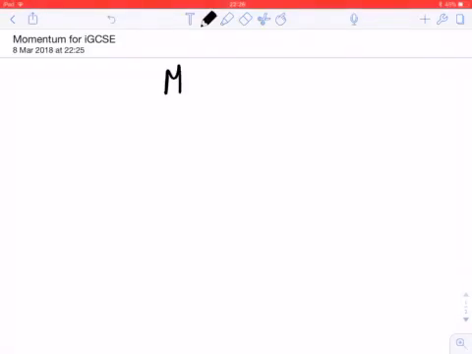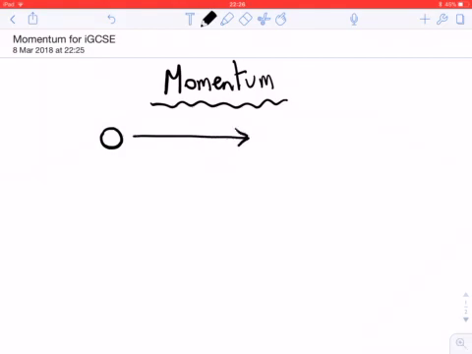Okay, so we're going to have a think about the concept of momentum. Now, the idea of momentum in physics is quite close to its ordinary sense. Momentum is a measure of the hitting power, if you like, of an object. So consider two cases. Let's imagine a tennis ball, which is not particularly heavy, but travelling really, really quickly towards you, and you're over here, wondering what it's going to feel like if you're hit by this high velocity tennis ball.